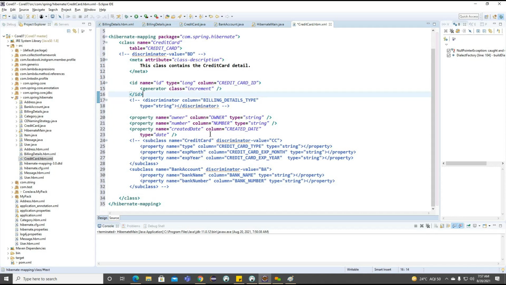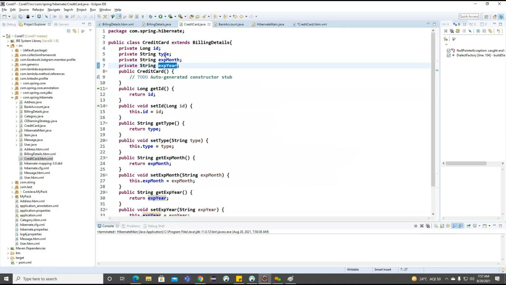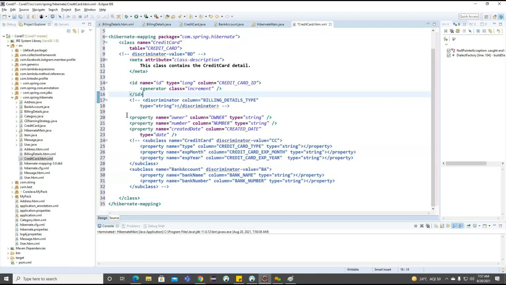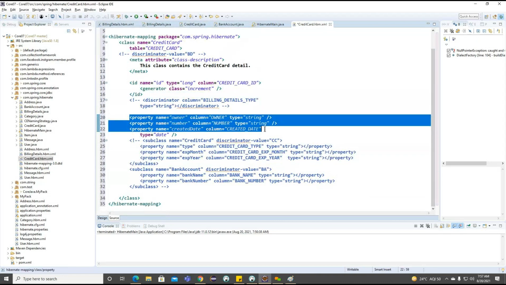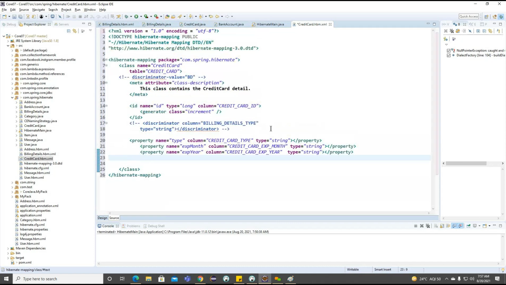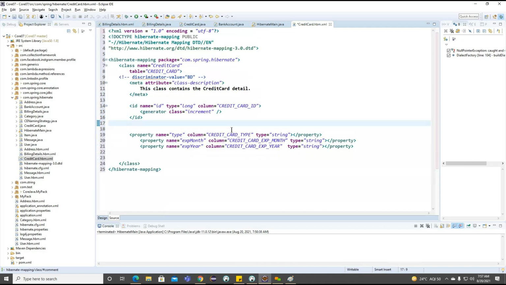So we'll go for the same increment here, and properties. We need to focus on the properties here. What are the properties we have? Instead of writing here, what we can do is copy from here. Okay, now remove this. We don't want to use this also.